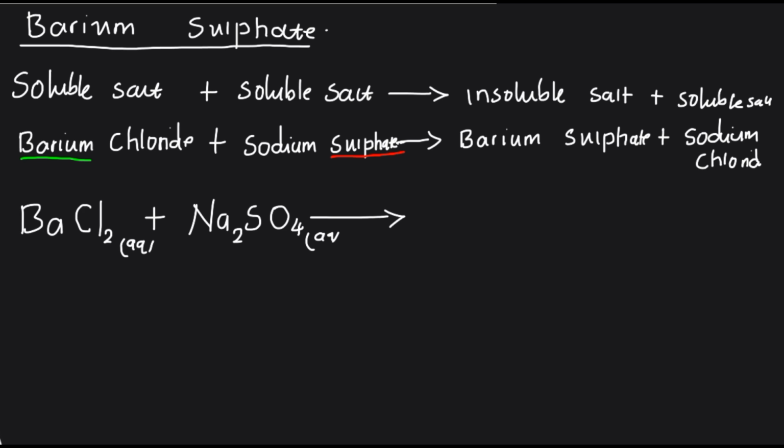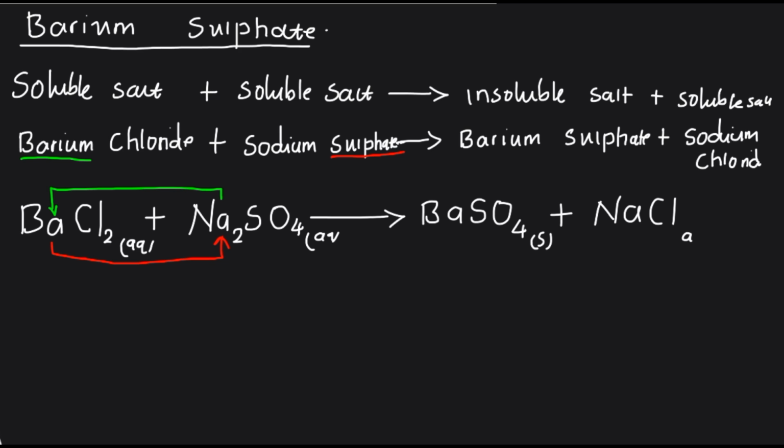So remember, here we are going to have a double displacement where the sodium will displace barium. Then the barium will now take the position of sodium. So as a result, we are going to have barium sulfate. Now remember, barium sulfate is insoluble, so we put (s) here, plus then sodium